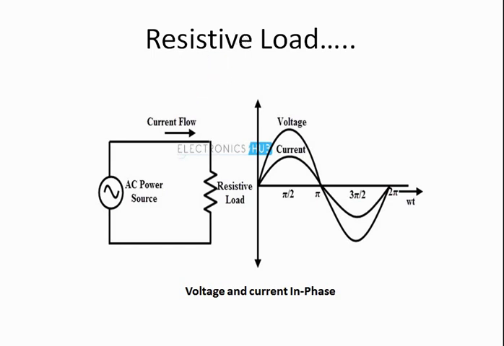First of all, I have taken the resistive load. A voltage source is given to the resistive load. You can see the waveform of the voltage and current. You can see that the voltage and current are in phase. Over here, the starting point of current and voltage are same. There is no phase difference between voltage and current. Hence, we can say that the power factor of the resistive load is unity. The example of resistive load is the bulb which we use in our houses. So, voltage and current are in phase in resistive load.